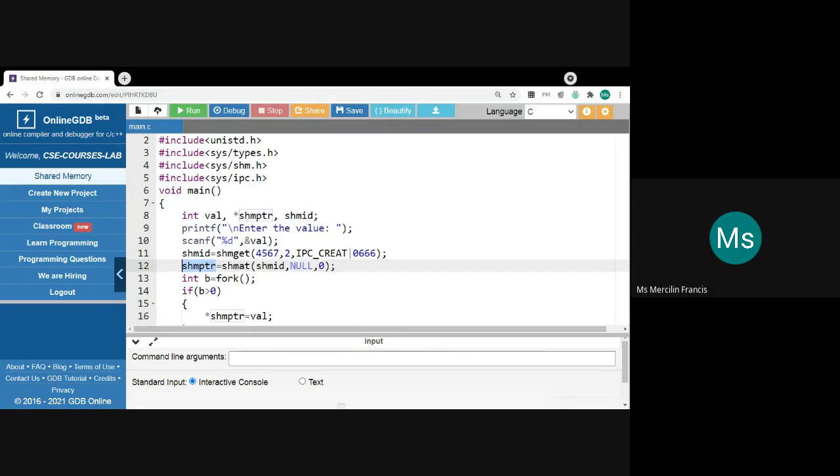That memory location will be attached, and that address will be stored in shmptr. So first the shared memory will be created and return an identifier, and then that identifier will be attached to some memory location.